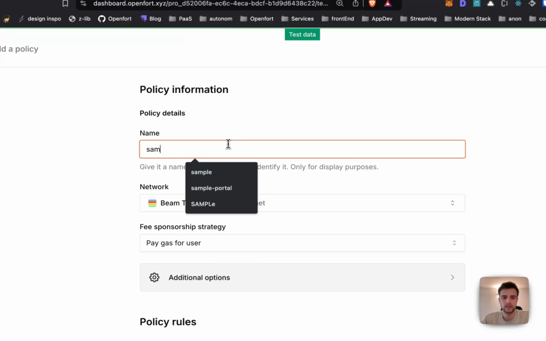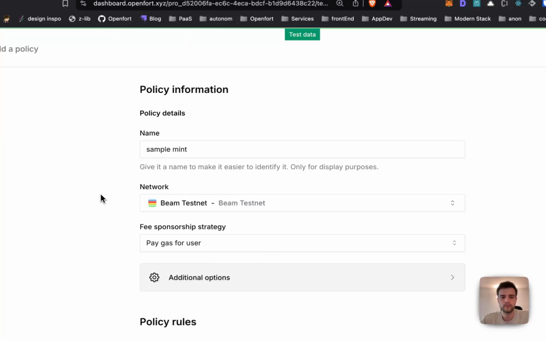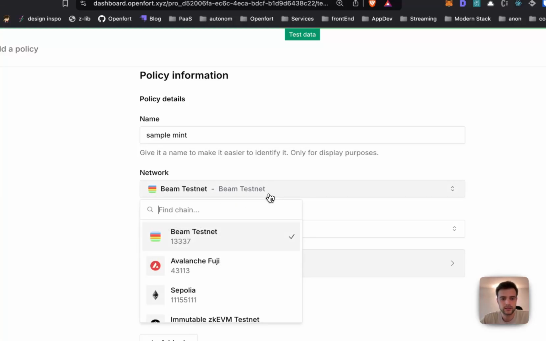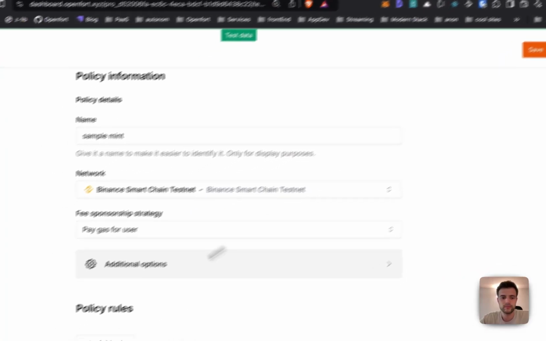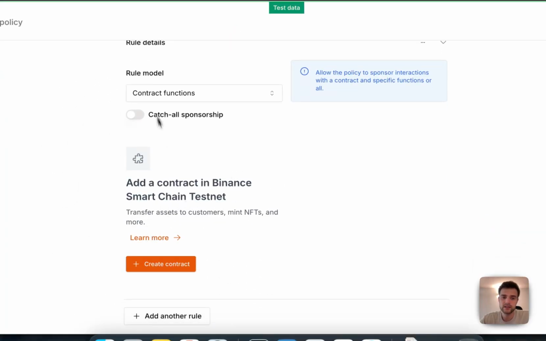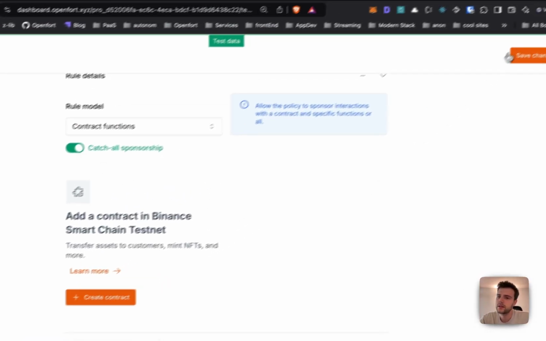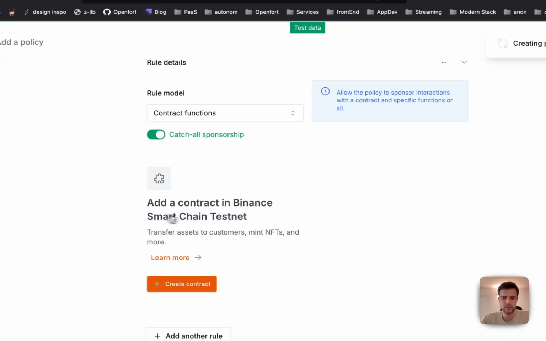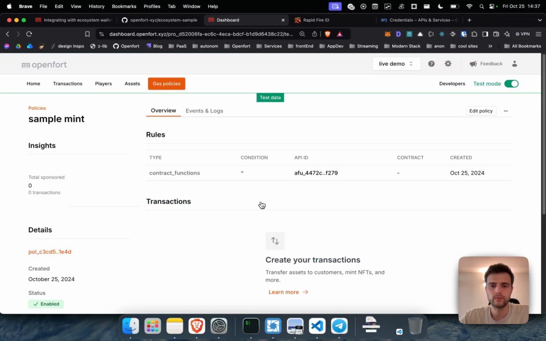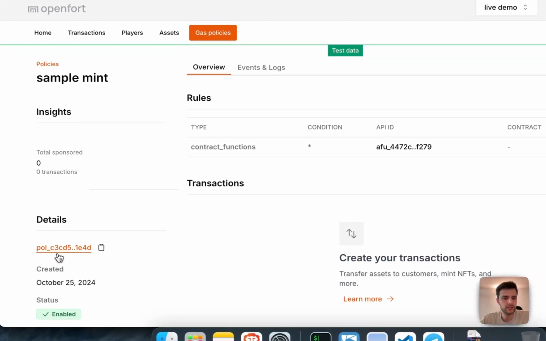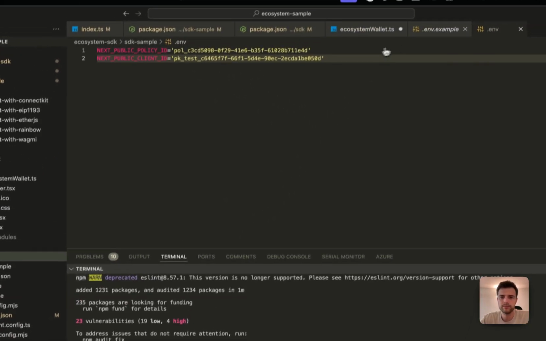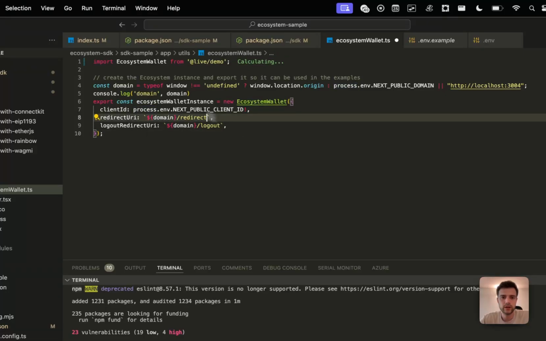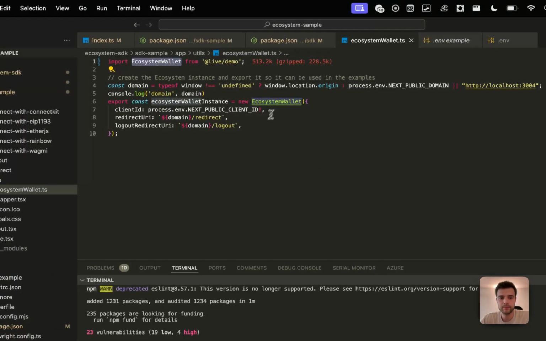So we can say sample int, okay, and let's say that we want to do it in Binance. In this case, I would just put to sponsor all kinds of transactions that go to it. So we'll do just that. Okay, and here we have a policy ID. So simply go here and add the policy ID. Awesome. So now that we are here, we have the live demo and